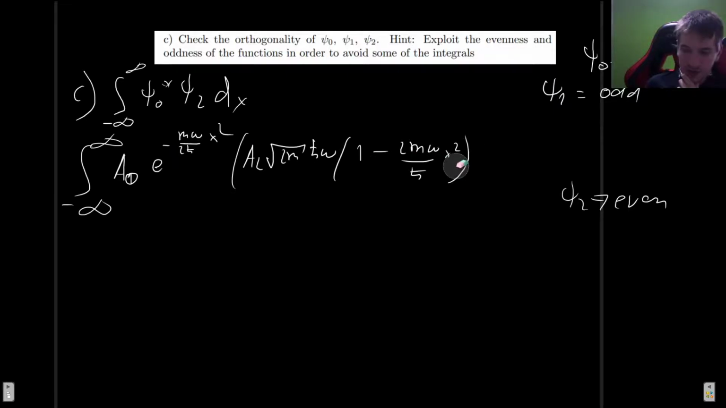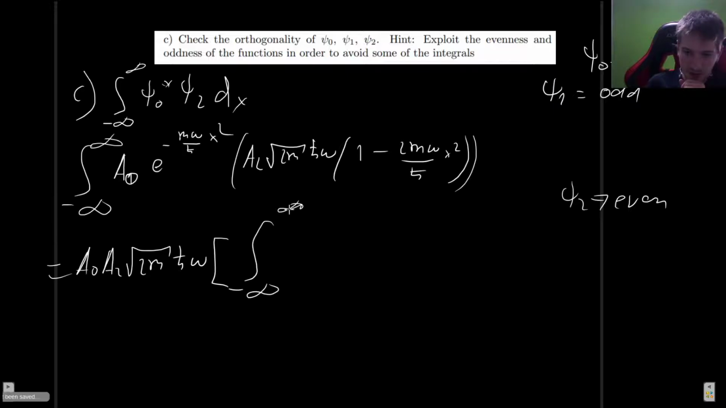Since everything here is just a scalar, it's going to be commuting, so I can just multiply them and put it in here. So we get 2 divided by 2, which is just 1, so it goes away. What else? Well, we can take all these constants, a0, a2, square root of 2 over m, h bar omega, and they can just go outside, and we get the integral from minus infinity to infinity of